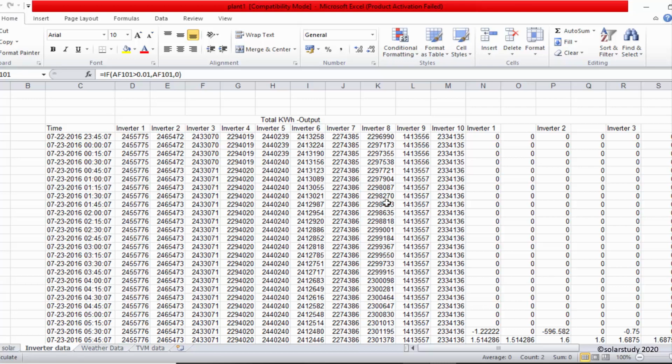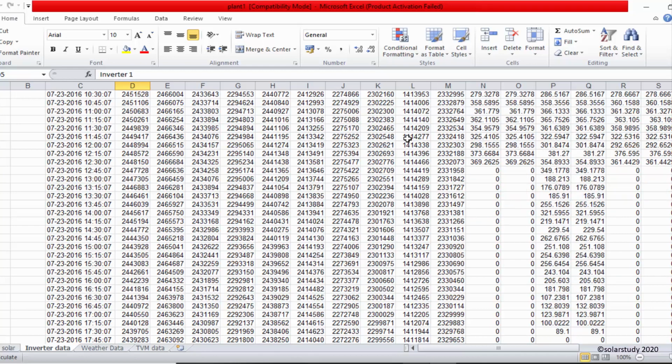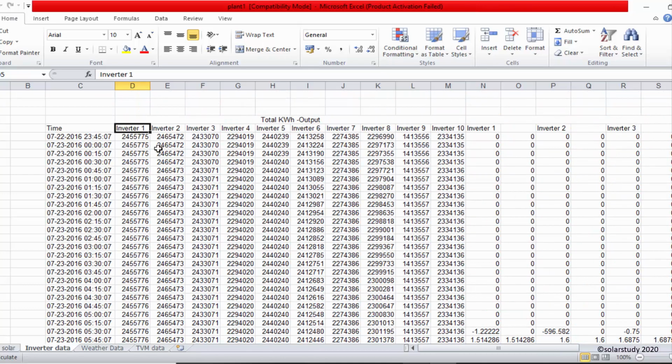I am combining 10 inverters, and whatever generation comes out from the transformer is called inverter data. Inverters 1 to 10 are all feeding to the grid. After the inverter we require a step up, because we have to match 33 kV, so we require a transformer. That transformer output which is feeding to the grid is shown here.